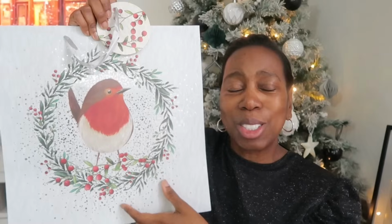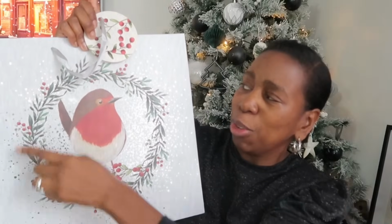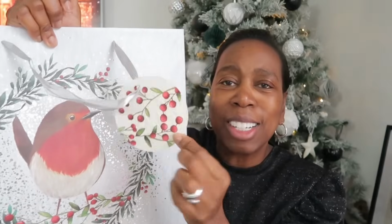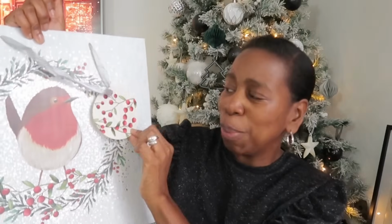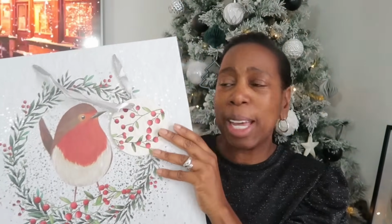So the next item I got from Poundland was this gorgeous gift bag. It's got a robin on the front of it, and it's got that lovely holly wreath going around there. And then the tag, guys, is absolutely gorgeous as well. Lovely red berries on there. This came in at £1.50 because it is a kind of larger bag, and it's kind of like a luxury bag,